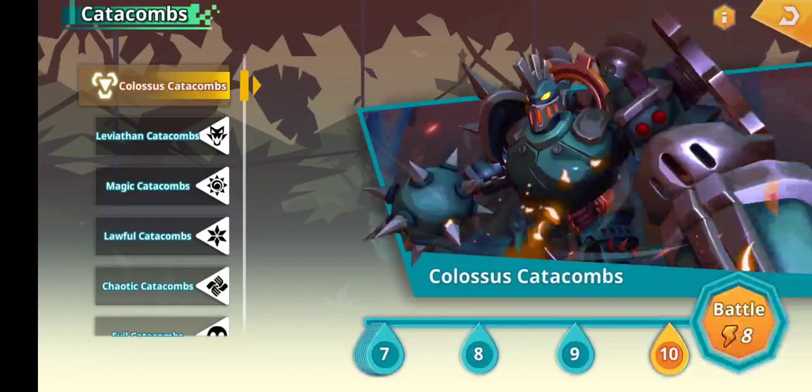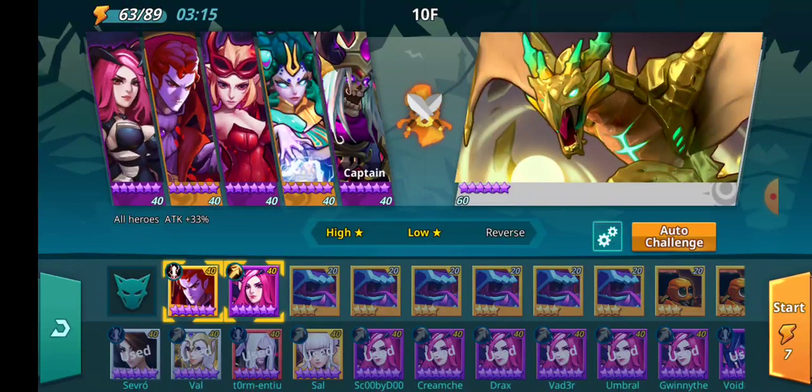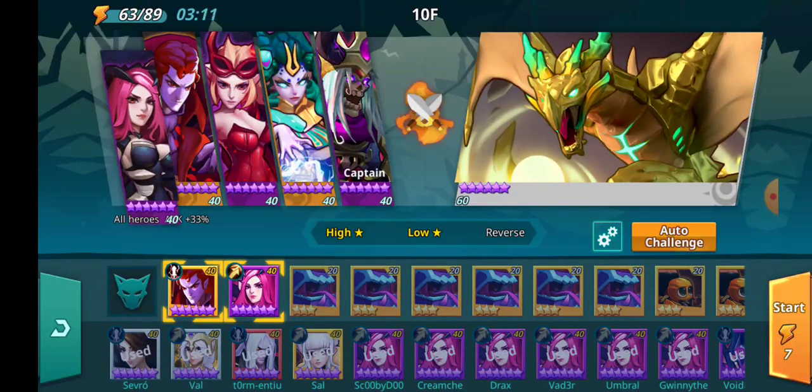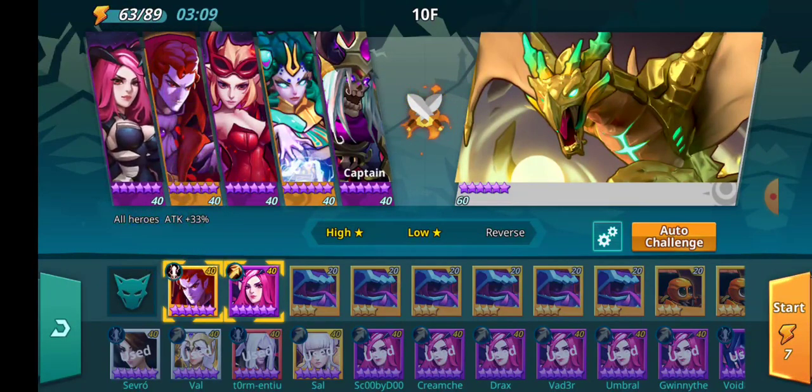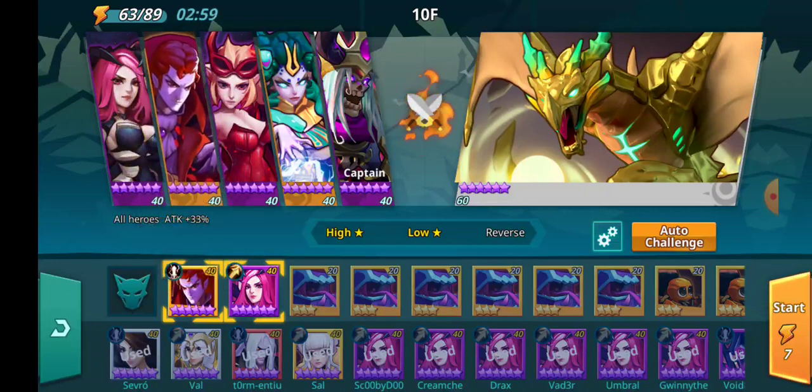So, we'll go in here. We'll start off with Magic. Same build, same team with the Bone King from the last video. Spider Queen and all this. You can do it with multiple other teams. The key to this is he makes it more reliable. Mine is built for a speedier run, but if you do the HP run, it can be more of a